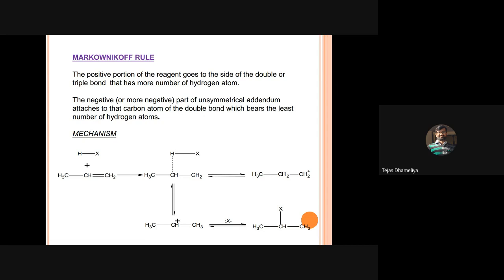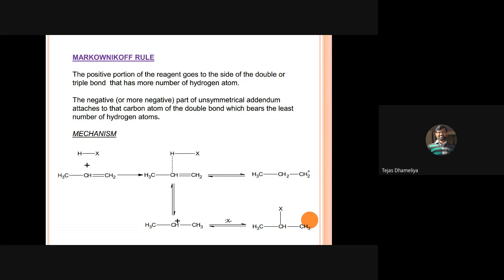Similarly if carbocation is formed, तो प्राइमरी से सेकेंडरी बन सकता है, सेकेंडरी से टर्सरी बन सकता है, लेकिन टर्सरी से प्राइमरी नहीं बन सकता है. This is what is called the rule of stability. यहाँ पे वही हुआ, इस example में प्राइमरी कार्बोकैटायन यहाँ पे बना था, पर आगे चल के वो सेकेंडरी कार्बोकैटायन, बाद में फिर हैलाइड का एडिशन होने से we are having this 2-chloro, 2-halo propane.